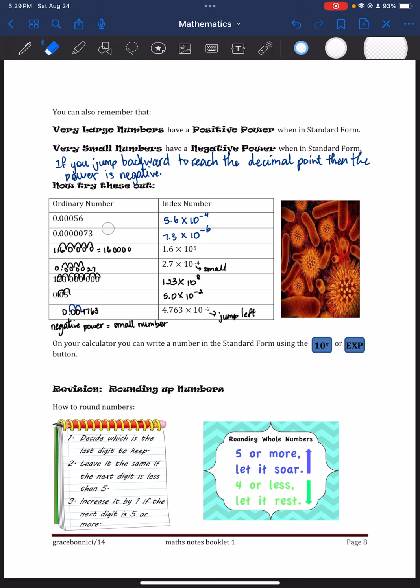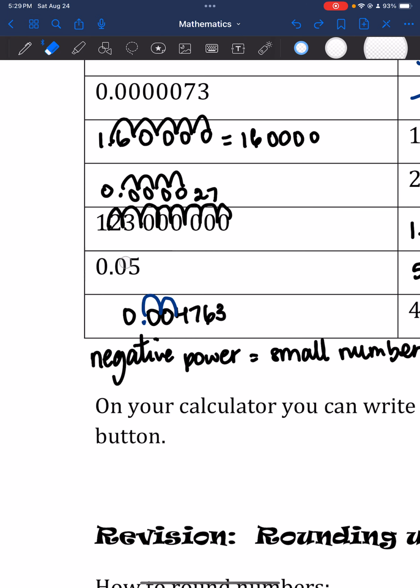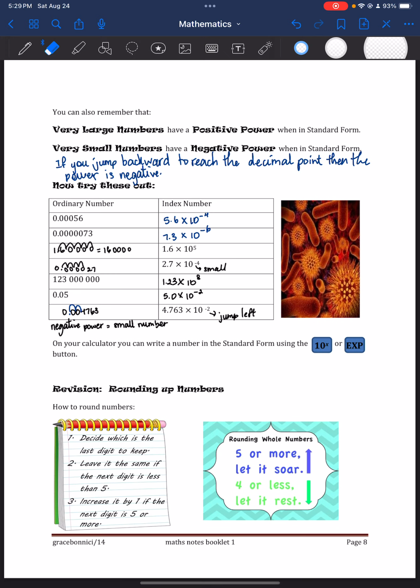So I'll erase that for you so you can see what you're working with, right? And you draw the jumps yourself when it's time for you to practice. Okay, so I'm just going to run through very quickly with you. The first one is